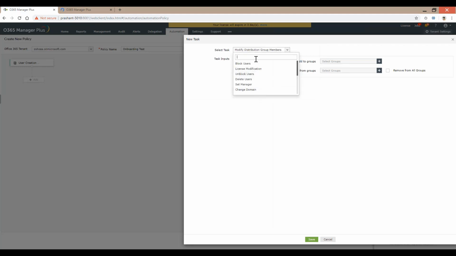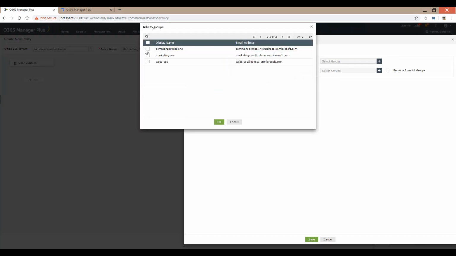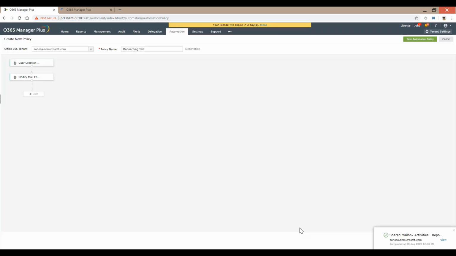Just a quick second. Let's see if I have a security group that I can point to. And then I go on selecting the security groups for which I would need my users to have access to. There are certain groups. So since it's marketing that I'm talking about, I'd want them to have access only to those marketing related groups. And then there's one common permissions group. Every user in the organization gets access to that when they onboard. Since this is marketing, I'm just going to stick to marketing alone and then say okay. Right, and then save this specific task as well.